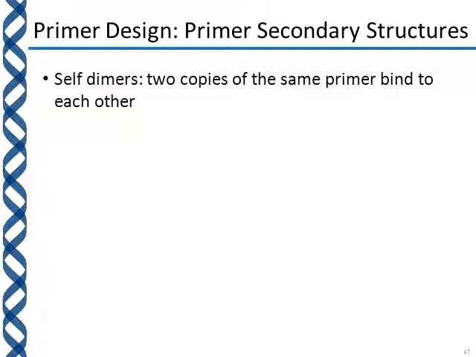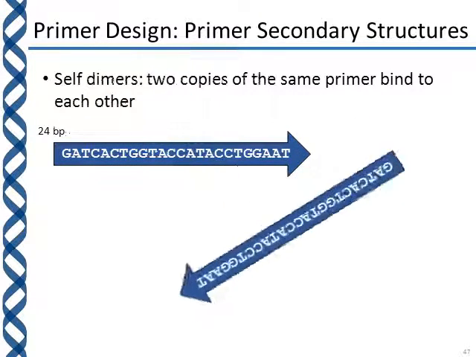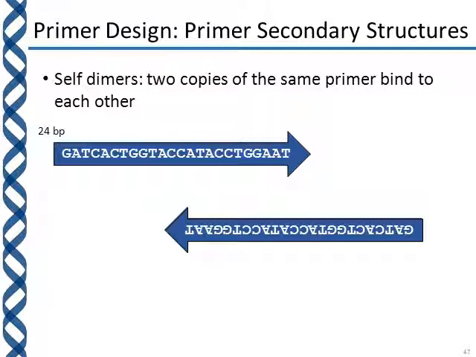A similar situation occurs when we have self-dimers. This is where two copies of the same primer bind to each other rather than a single molecule bending in on itself. So if we have, for example, this 24 base pair primer molecule, let's call this our forward primer, a second copy of the forward primer